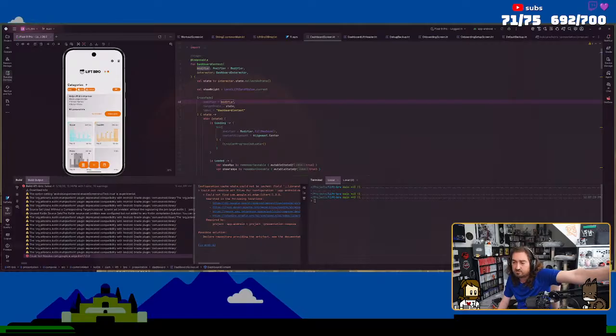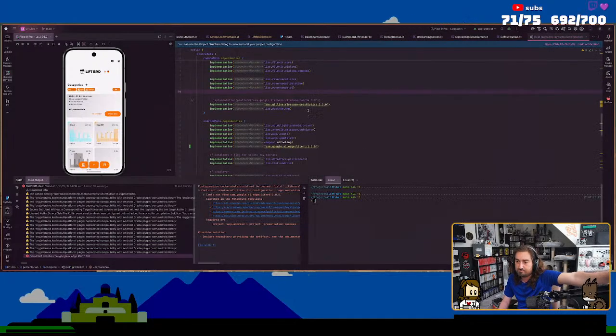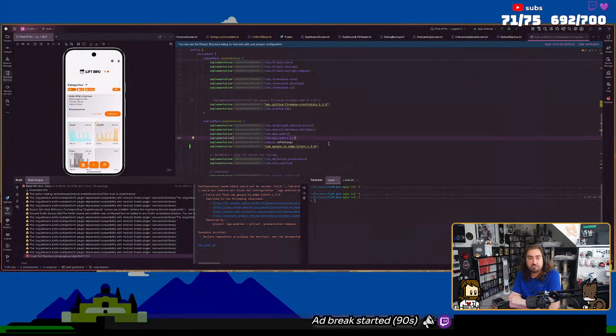I find the concept of local AI significantly more interesting than using something like ChatGPT or whatever. That's just my opinion there.